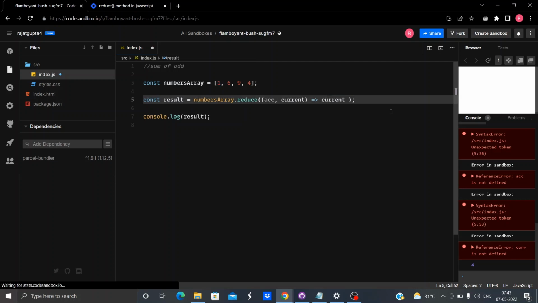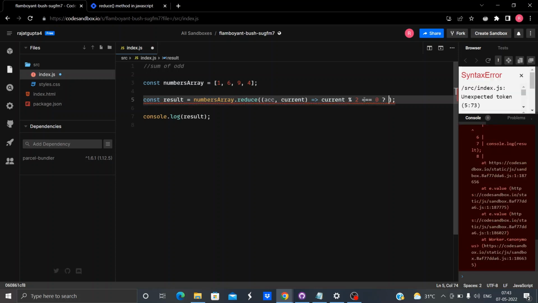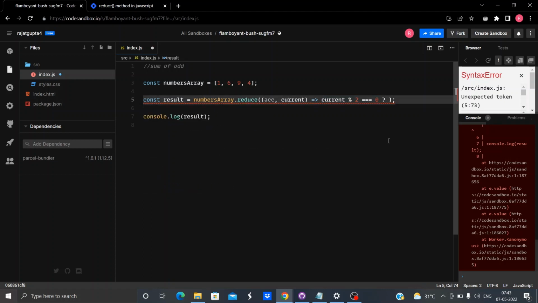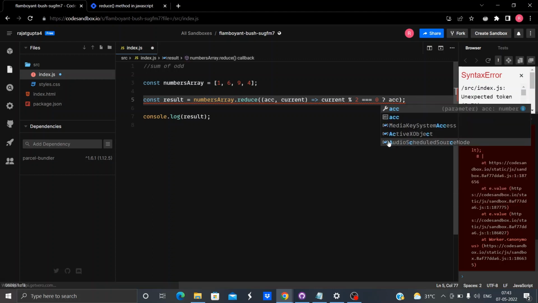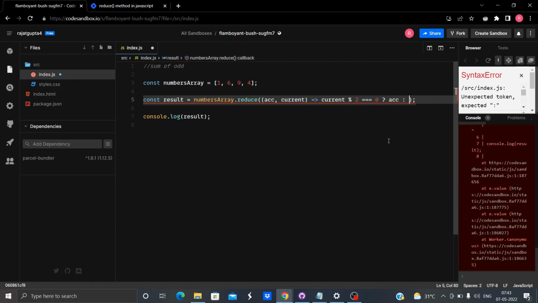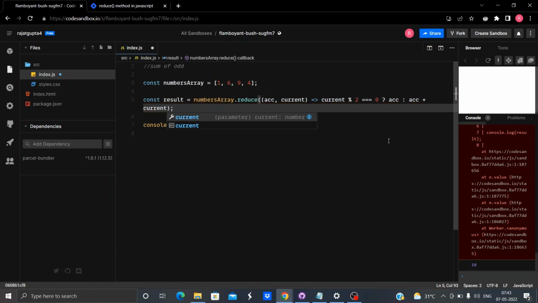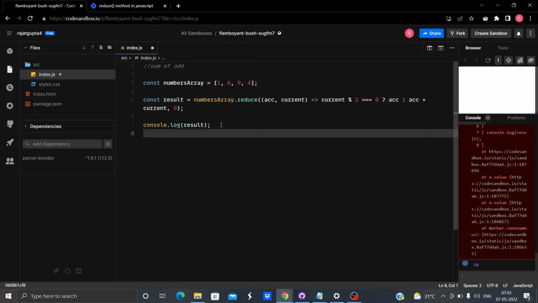So I'll say current mod 2 equals 0. This is the conditional operator. If this is true, then do something, otherwise do something else. This is how conditional operators work. So if this is true, then do nothing because it's an even number, return accumulator as it is. But if this is false, then do accumulator plus current, and let's say the initial value is 0. Now I'll make you understand what is happening here.